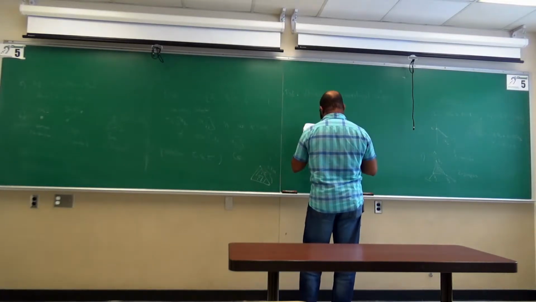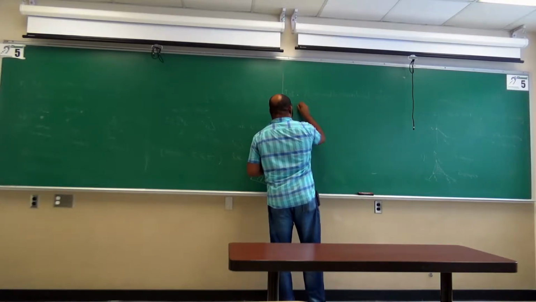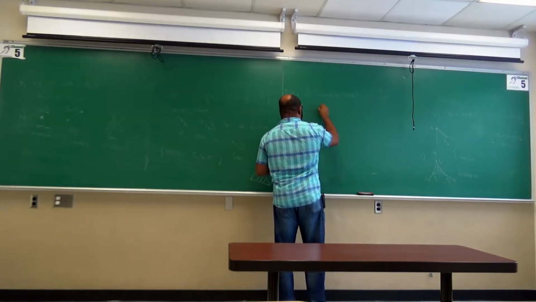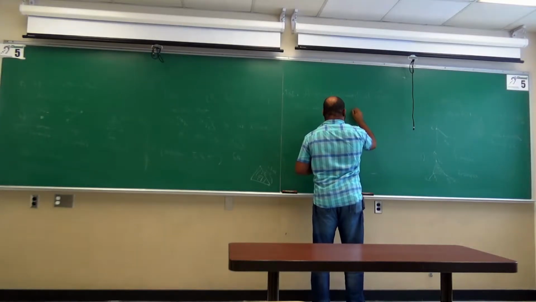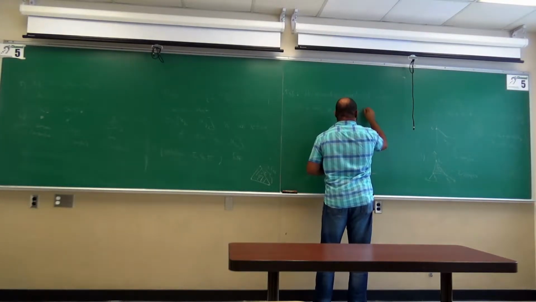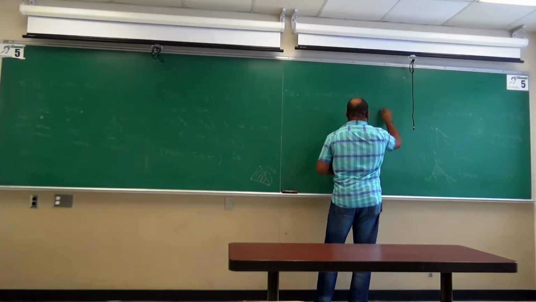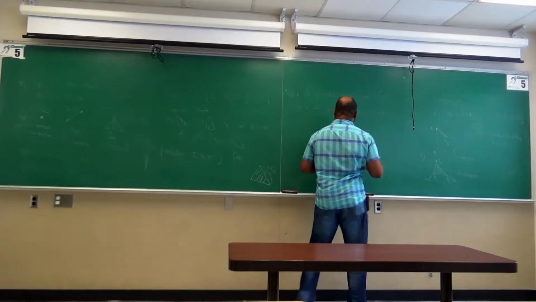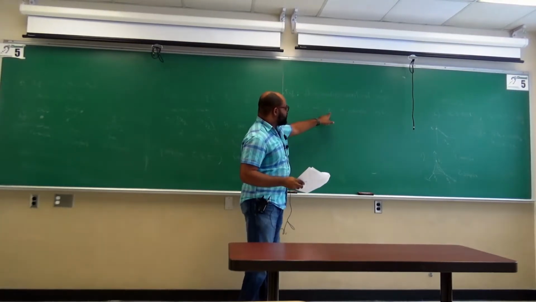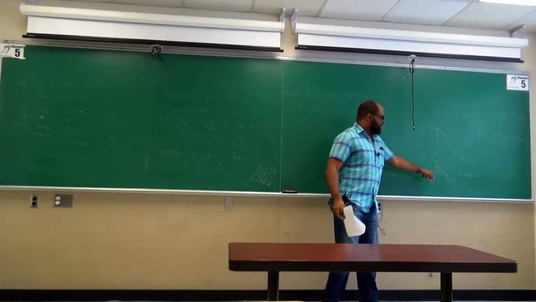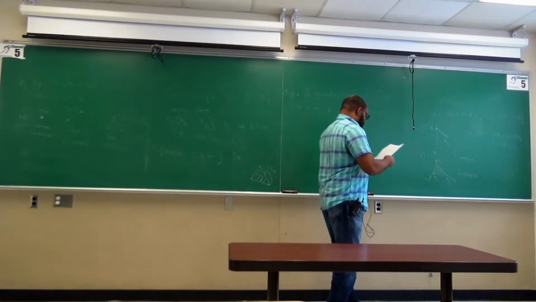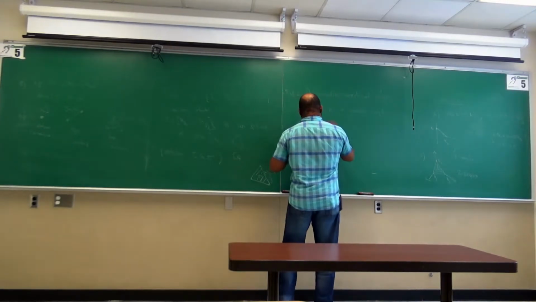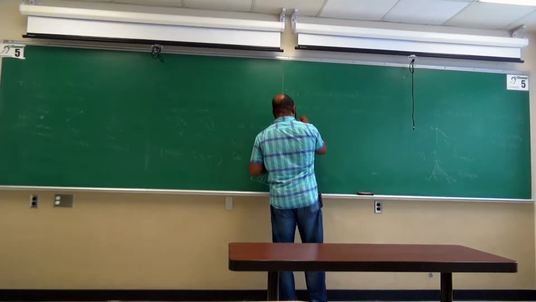So a geometric simplicial complex is a set K of geometric simplices, right? So K is just a collection of things that look like this, spanned by some collection of vectors, which is so that